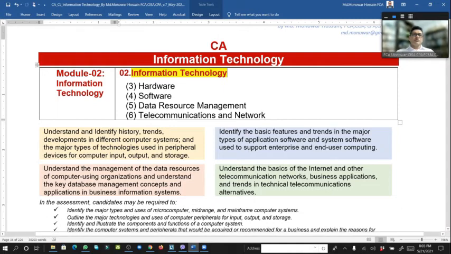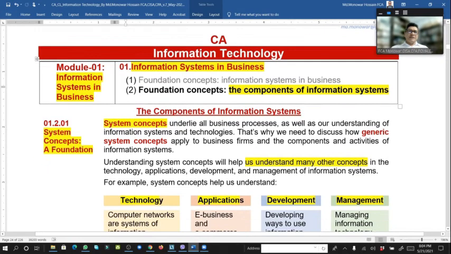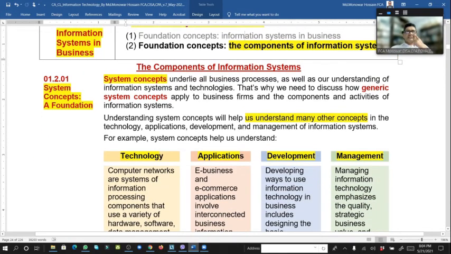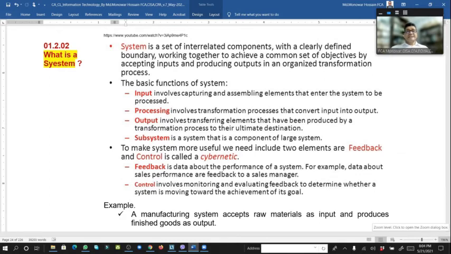Is our module 2 or chapter 2, information technology. Within information technology we have 4 topics: hardware, software, data resource management, and telecommunication and network. So today we discuss the components of information system, and we have seen the system concept. That's a fundamental. We have seen the system, and system has different types of function: input, processing, output, and